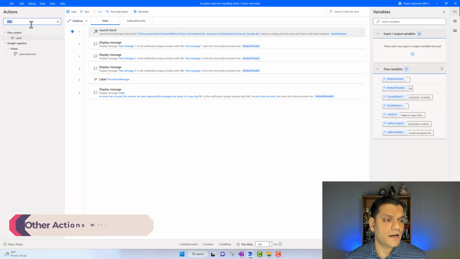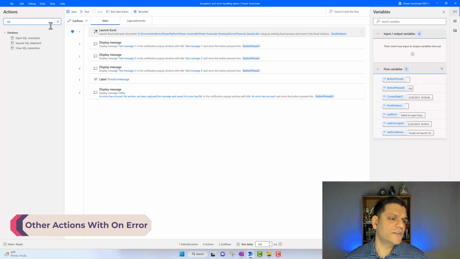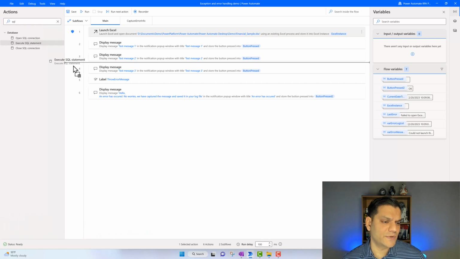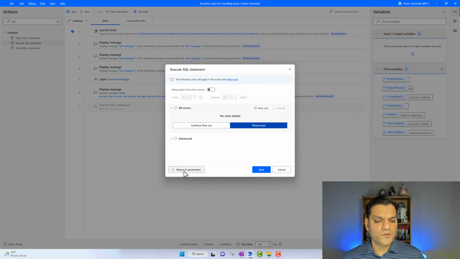Also, there are other types of actions which will do that. So a quick one that comes to my mind is when I do, say, a SQL one, all right? I've got something called execute SQL statement. Drag it, drop it. When I put it over here, see, it also has on error. Not all of them do, but every type of these actions, like I mentioned, anything that has a create, run, update, all of those CRUD operations or anything that you do stuff with, they tend to have these types of errors. And if you've noticed, they're all very similar. If I toggle this on,